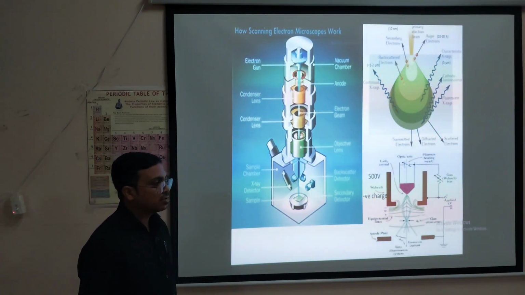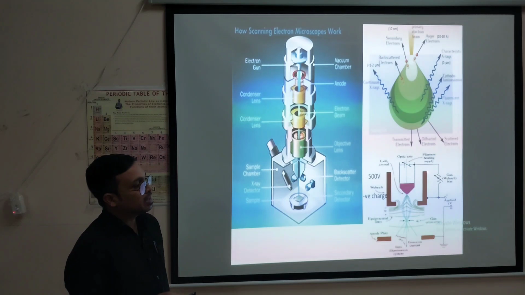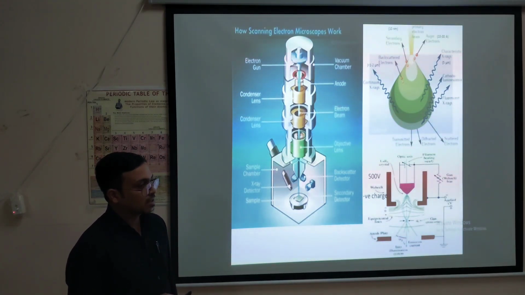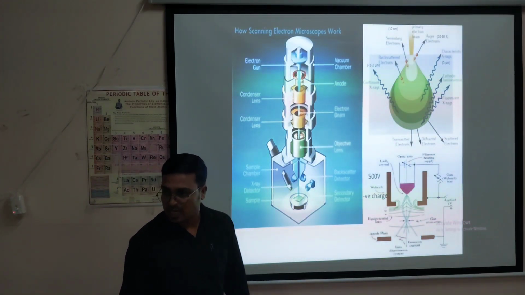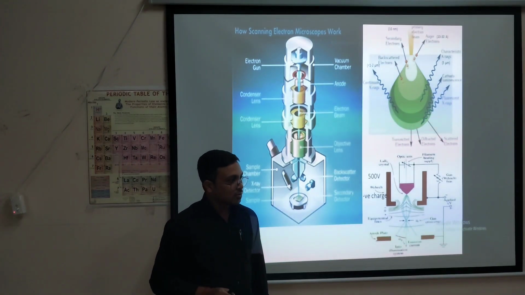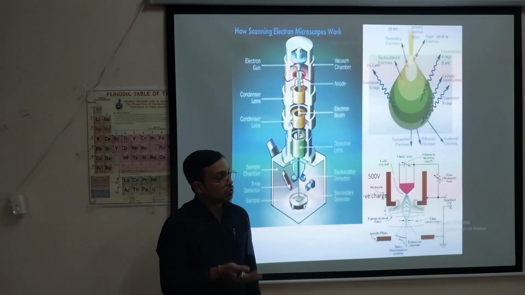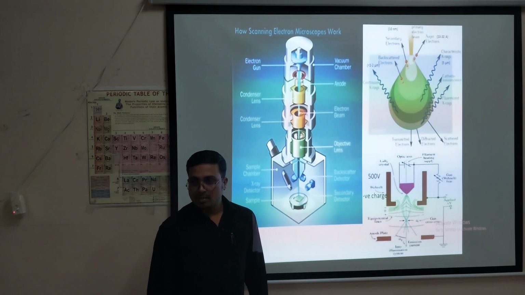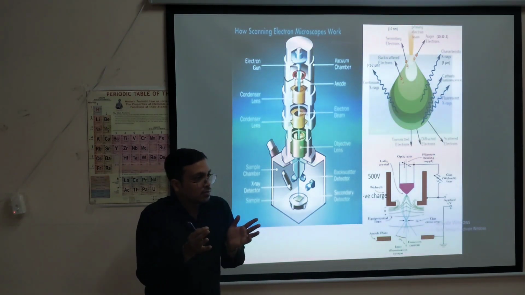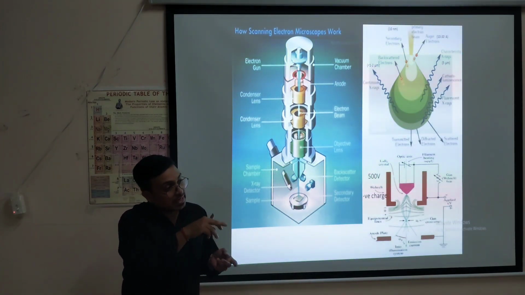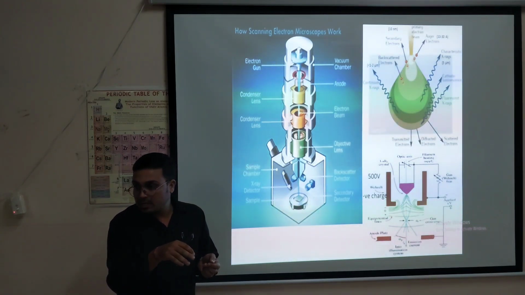Secondary electrons, why is it called so? Look, this is the primary electron coming and hitting the surface of the sample. So there will be some atoms. So what will it do? Now it has the energy to knock out the electron in the outer shell. So those are termed as secondary electrons, and it is a characteristic of the material.